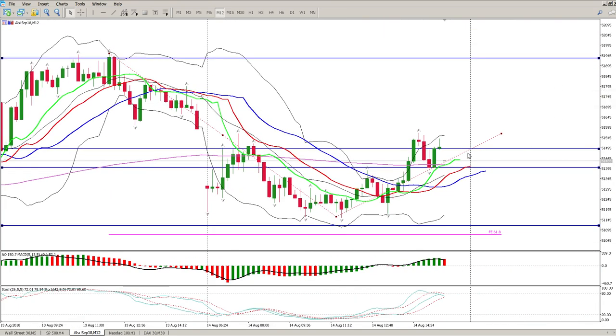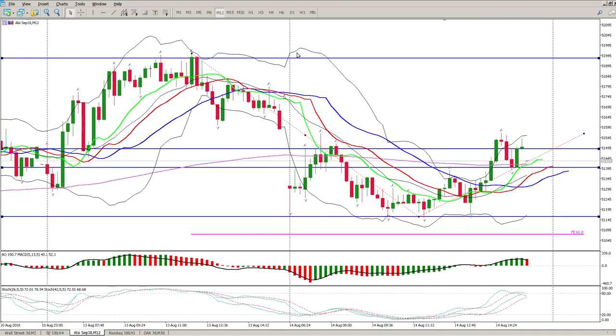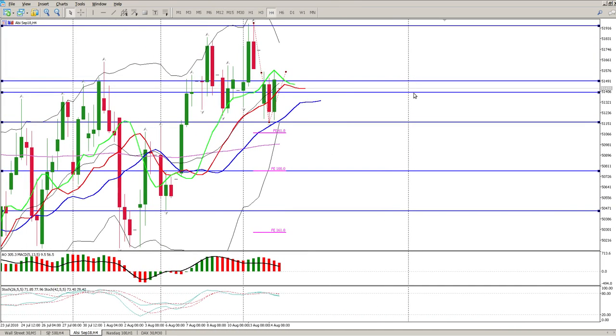We'll have to wait and see what happens at price action. For me, it'll be wait for the open, have a look at 9 o'clock, look for that first 12-minute candle at 9 o'clock to see whether we are moving up or down, and then take it from there. But just be wary of this level on the downside, 51160. That seems to be a pretty strong level that we need to get through.